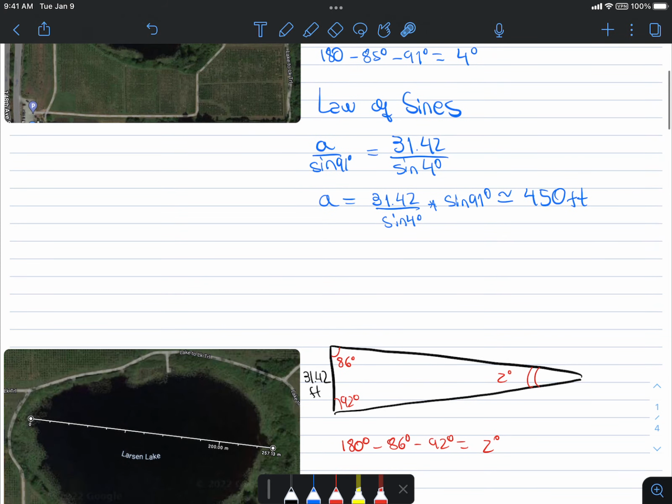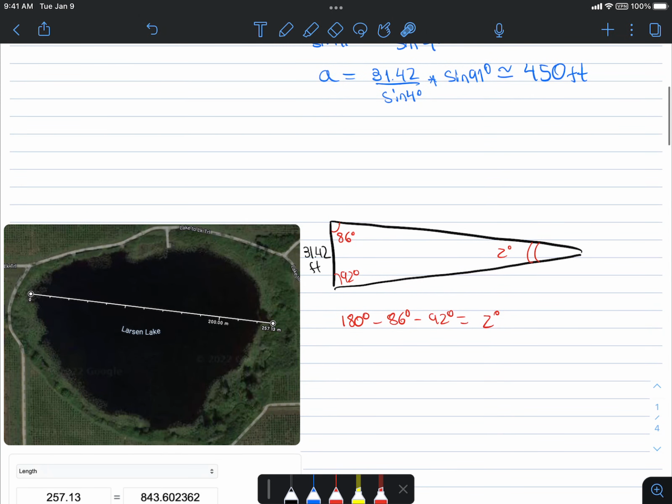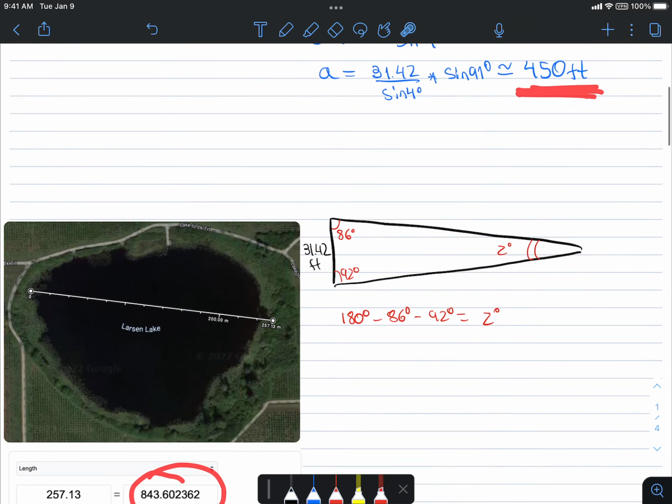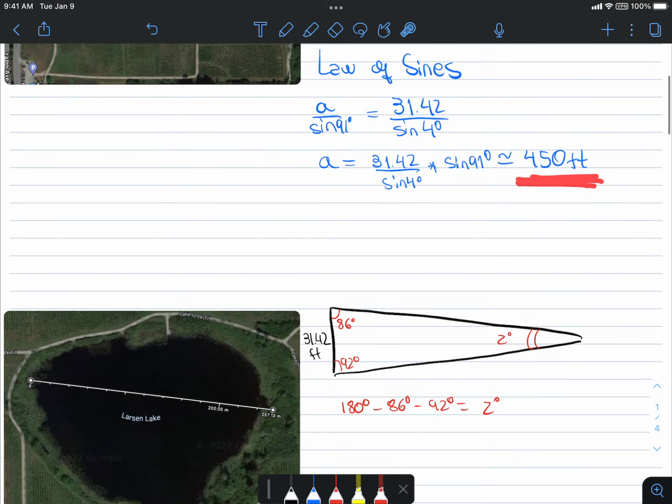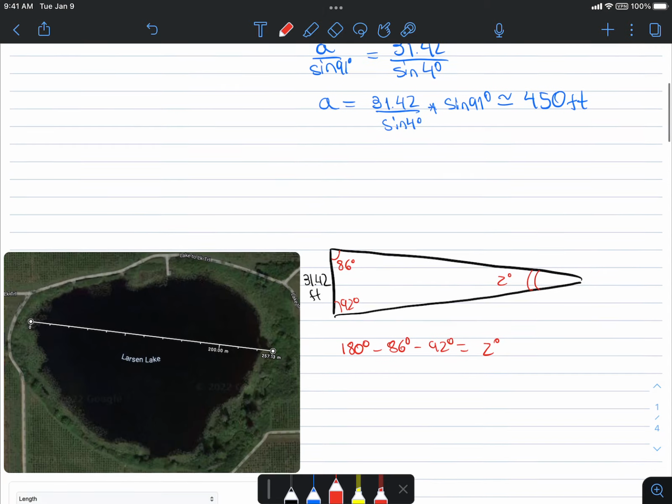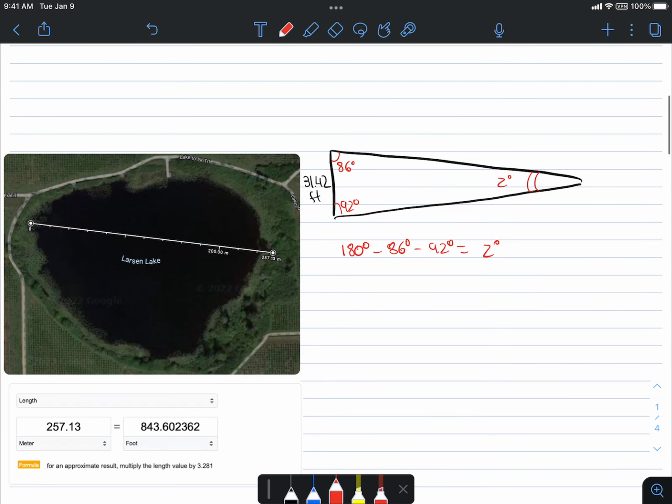You see something similar to what happened before. 450 is about half of 844, right? So this could account for my huge error. Let's do the math with that, the law of sines. This is what I want to find out. So the law of sines, take 2,